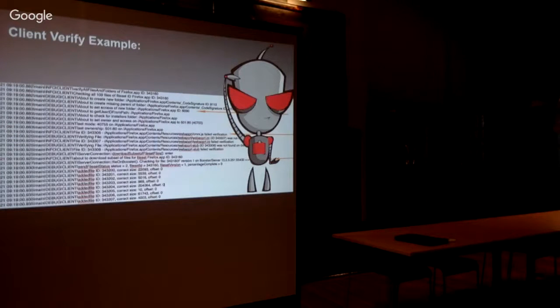You see here, I pointed out what's actually happening. So basically, if something is missing, in that case Firefox was missing, what it does is it recreates all the folders first, then it checks again if the files are in there. It changes all the access rights and everything, and starts downloading the files afterwards.